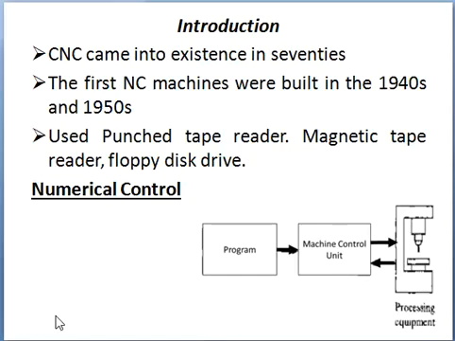Similarly, we had punched tape. Punched tape was the first implementation of semi-automation, where a cassette kind of element was used, and that tape was punched with holes at particular distances. This kind of arrangement was read by the machines so that the machine could understand particular instructions and work upon the component.